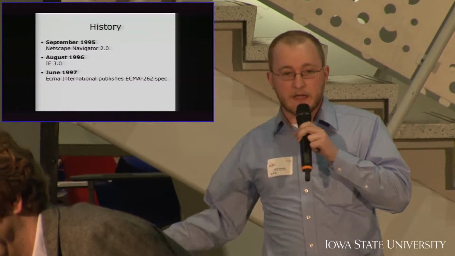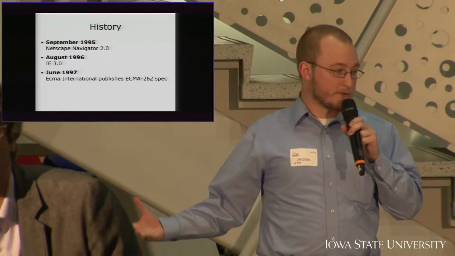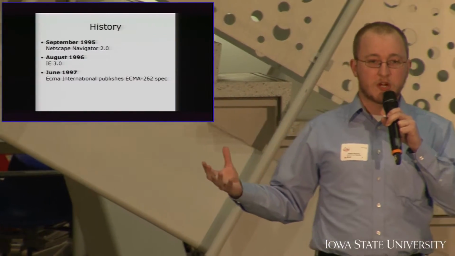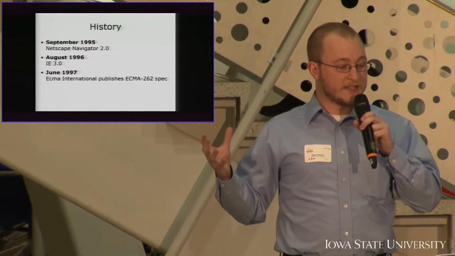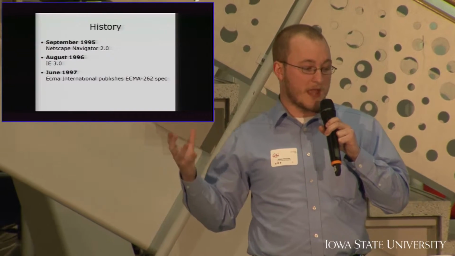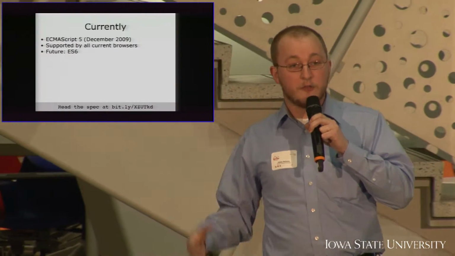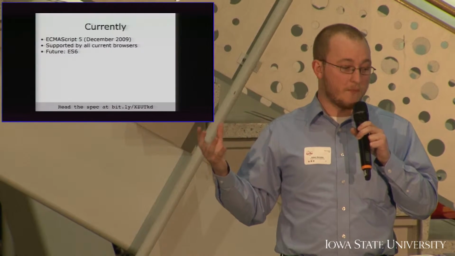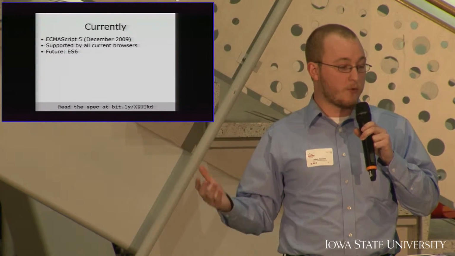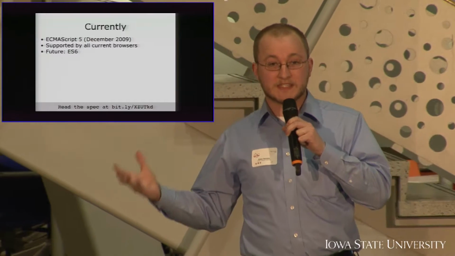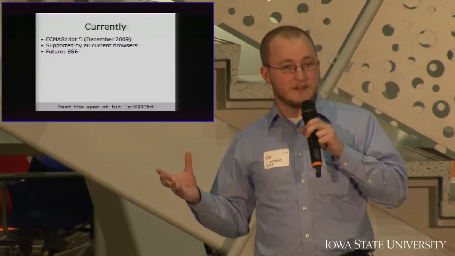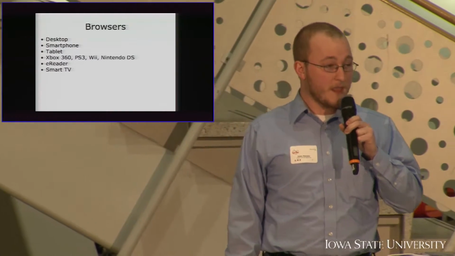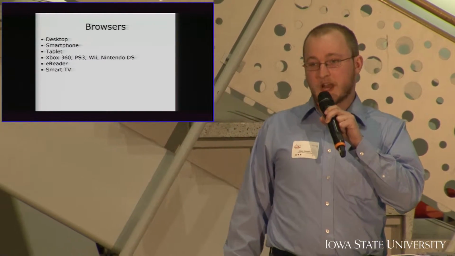Back in 1995, Netscape 2.0 came out, and they had the first version of JavaScript. IE came out in 96, and they had their own version. They called it JScript. Kind of the same, and then in 97, ECMAScript, or the ECMA community, came together and said, hey, we're going to standardize that. The current version of JavaScript is ECMAScript 5, from 2009, which is standardized by all browsers now. They all support that. The next version is going to be ECMAScript 6. That's going to come out sometime in hopefully the near future, once they agree on what should be in ECMAScript 6.